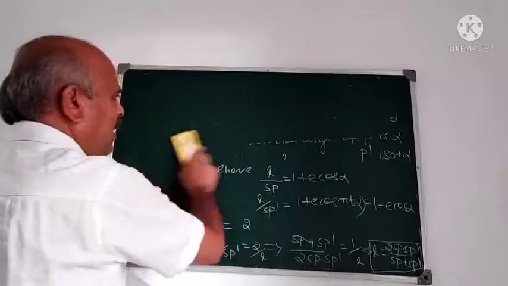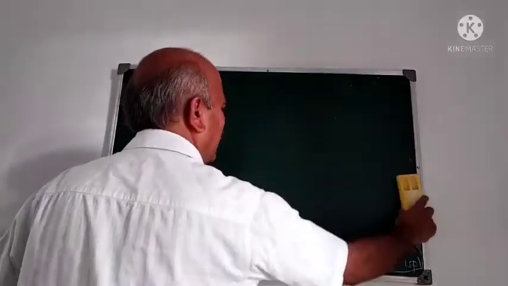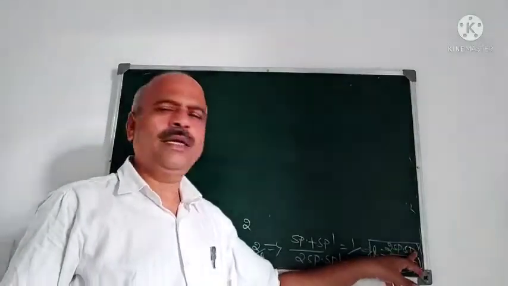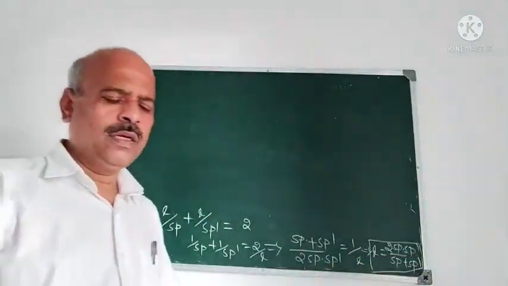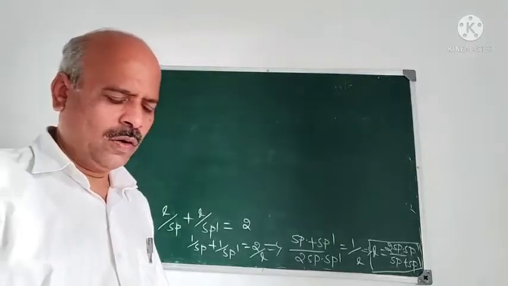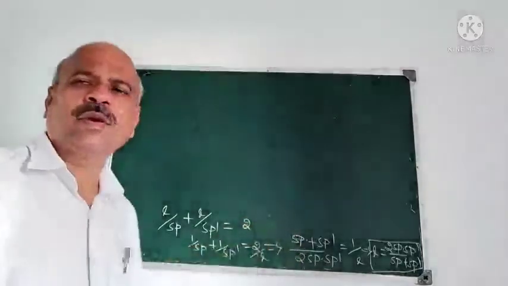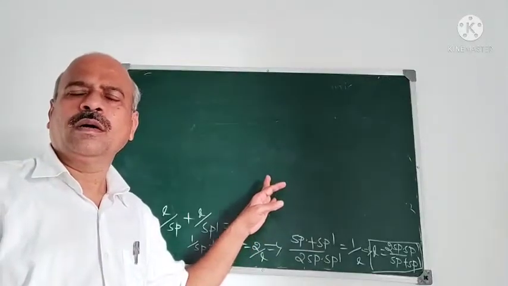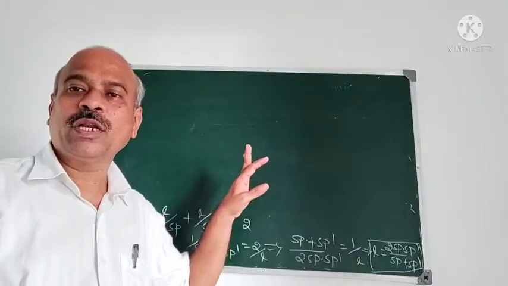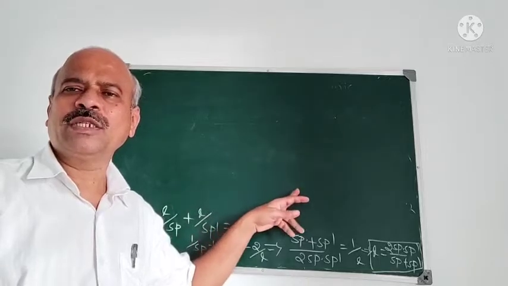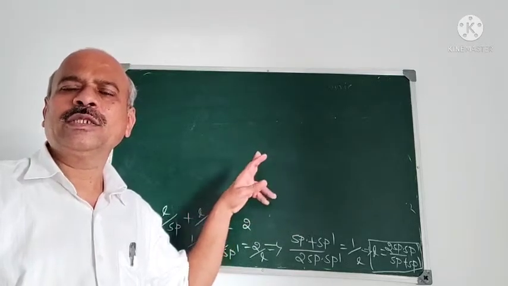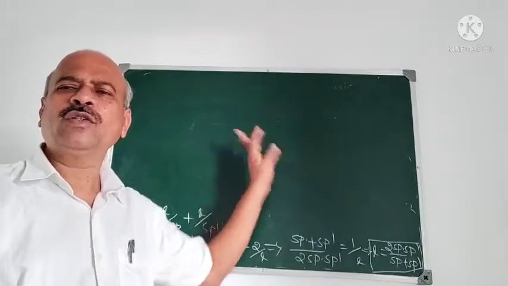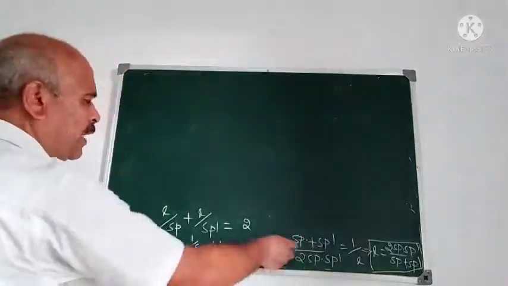Therefore, what is L? The semi-latus rectum is the harmonic mean between SP and SP dash, the segments of a focal chord. These types of problems are important. Only the polar equation of the conic is important. What is that? L by R is 1 plus E cos theta, where R is the radius vector, and alpha is the vectorial angle of the point P. That we have substituted and simplified like this.